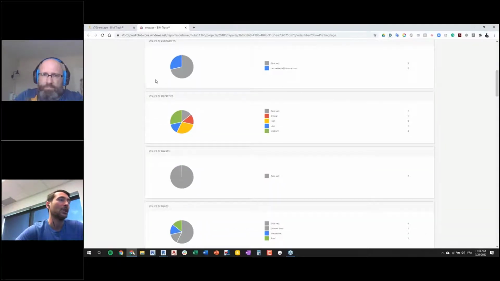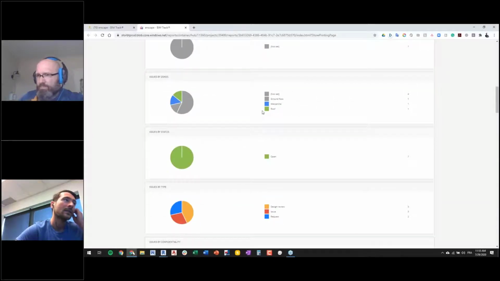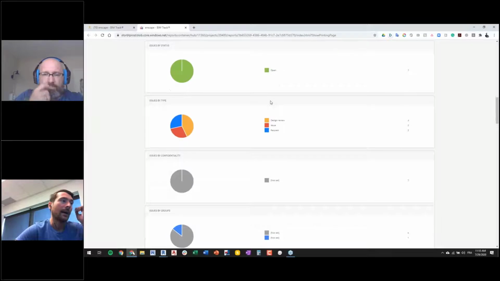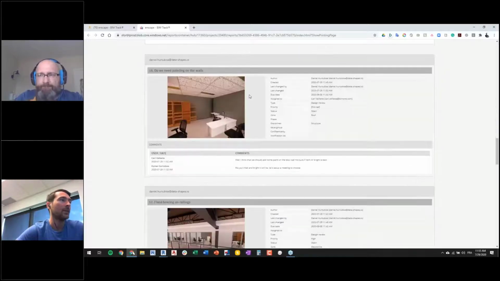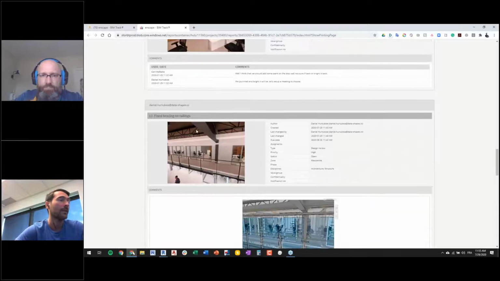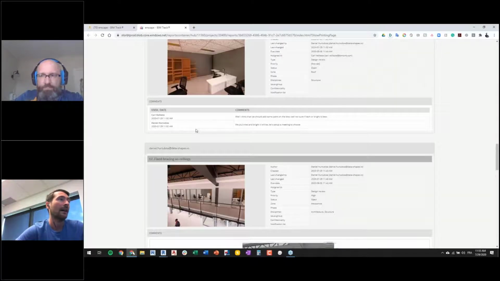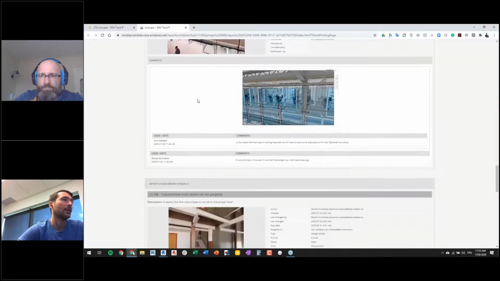You're going to see the split of issues per priority, per phase, per zone of the project. Everything is customizable, obviously. And then from there, you will see the list of requests or approvals required. So imagine that you could have a filter set for design review type of questions in BIMTrack that are still open, sent automatically as a reminder every month or so to the owner. So that's also something that could be done.